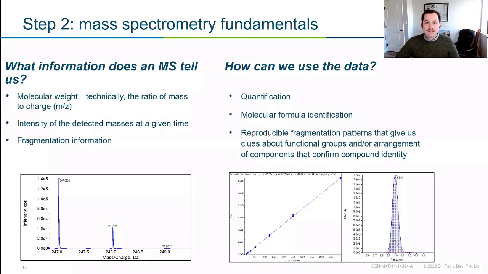So how do we use this data and what kind of questions can we answer with this data? Because that's the whole reason we're doing it, right? We have a specific question and we want an answer to that question. And that question might just be how much. So we might want to use this data for quantification, which is one of the more common uses for mass spec or MS data. But we can also ask some more qualitative questions like what is this compound, and do some confirmation scans that we'll talk about to be confident, yes, this is truly the compound that I'm interested in.